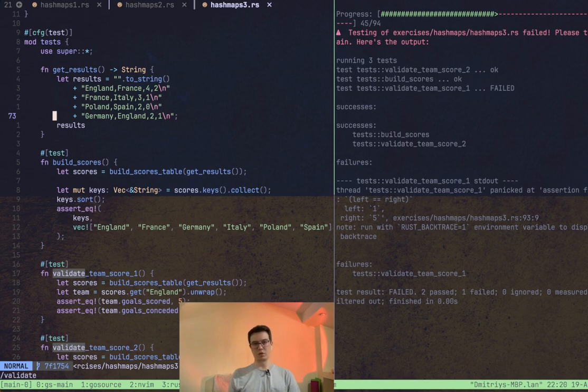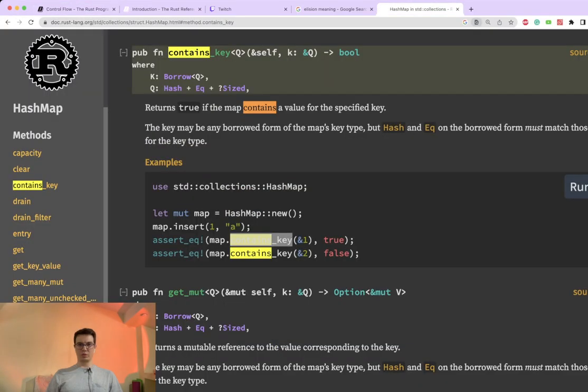So for England we should have like 6, no, 5, 4. So